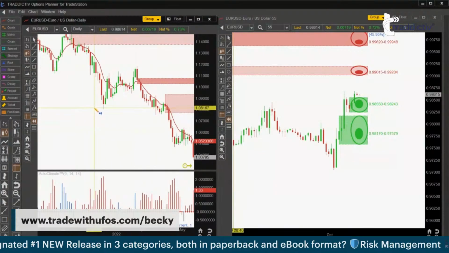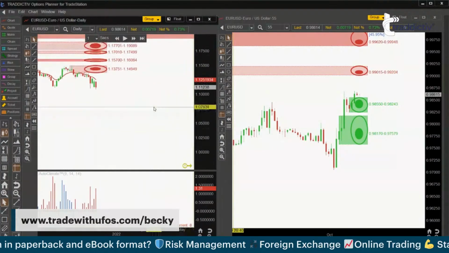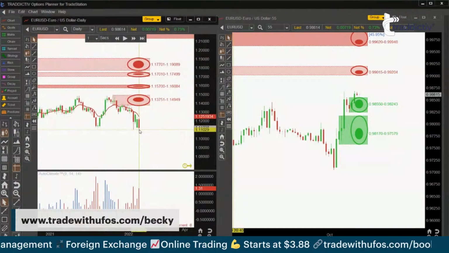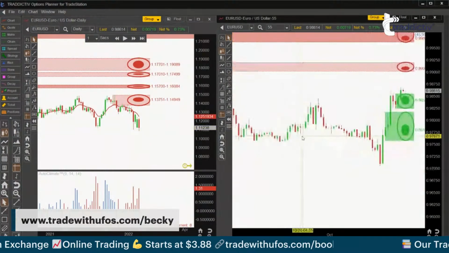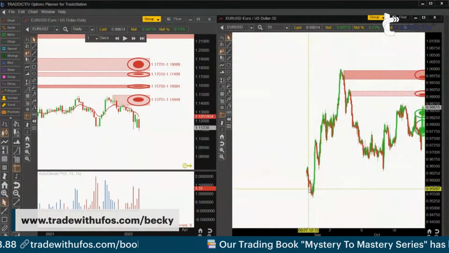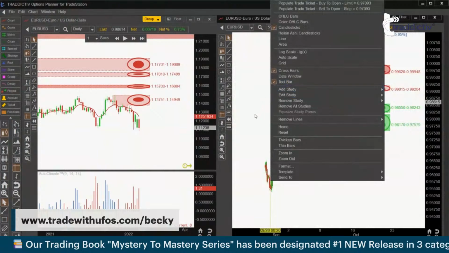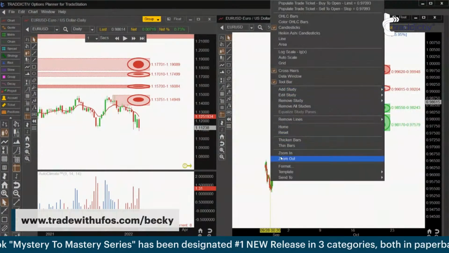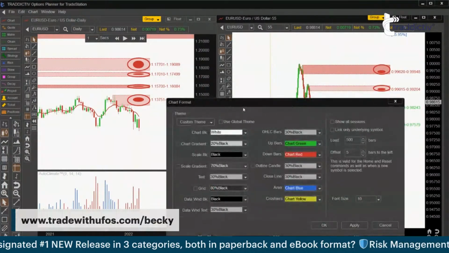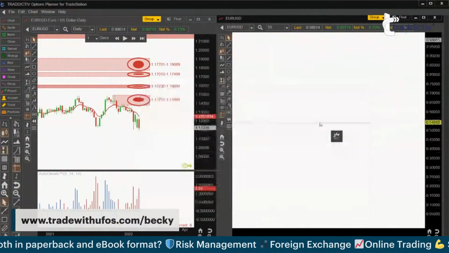So 3/1, as Americans would see it. And there we go. I'm looking at what I would have seen on the 1st of March, 2022. I do the exact same on my right-hand side. And if it doesn't load the amount of data, then I can go to format. I think it's format, load 500 bars. We could put 1,000 bars.